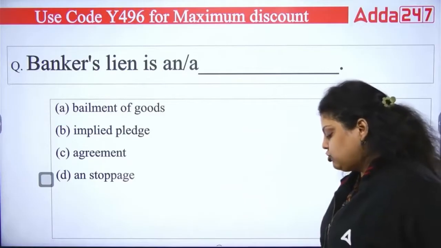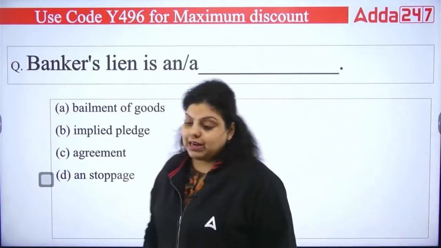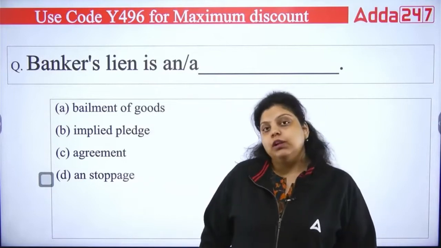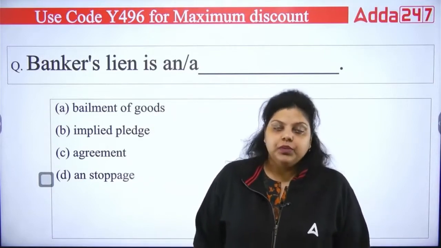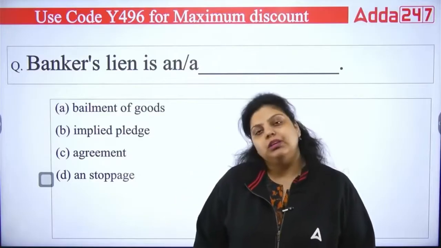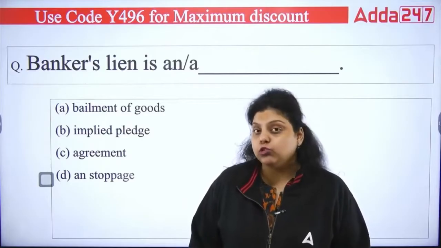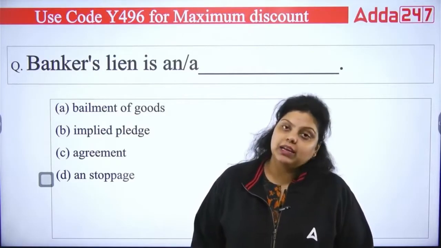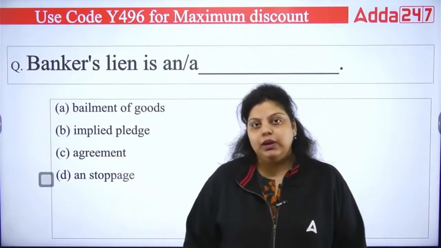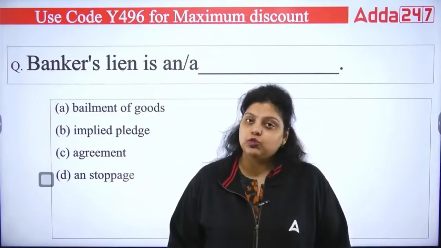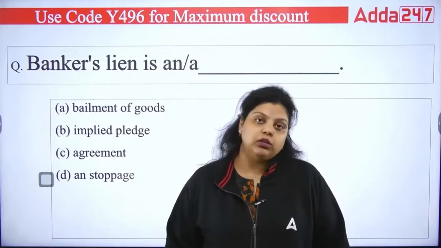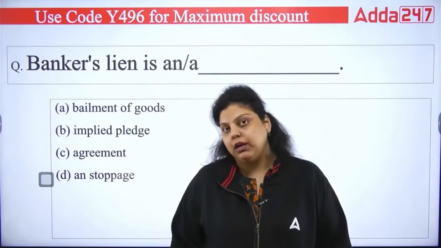That's the mortgage. In pledge, this is a movable security. You are providing such kind of security that can be taken from one place to another, but the possession will remain with the bank, okay, with the lender. In hypothecation, the possession and ownership both remain with the customer, and it is also movable. And in the lien, it has been said that the bank has this right to hold the collateral, the security that has been given by the customer to take a loan, until and unless the customer repays the whole amount of money. That right has been given to the banker.